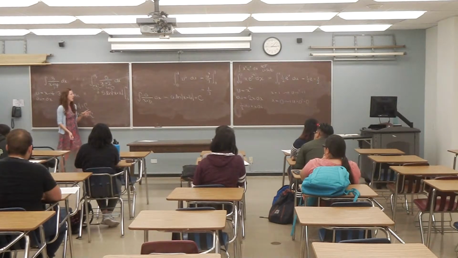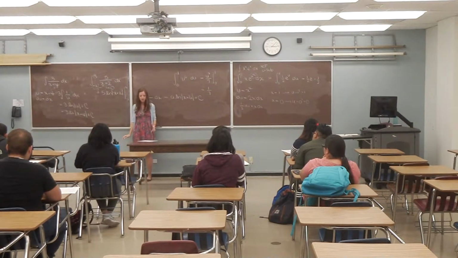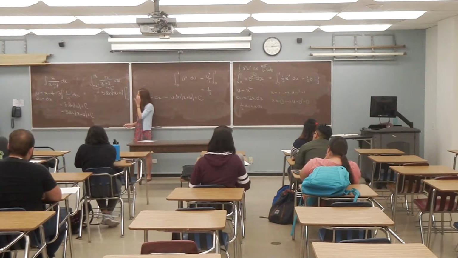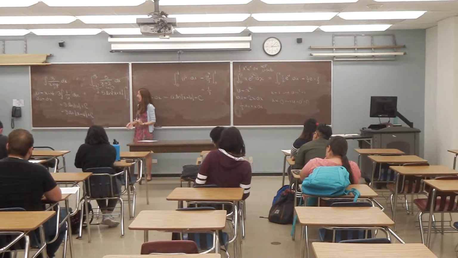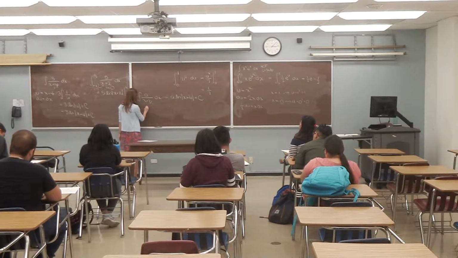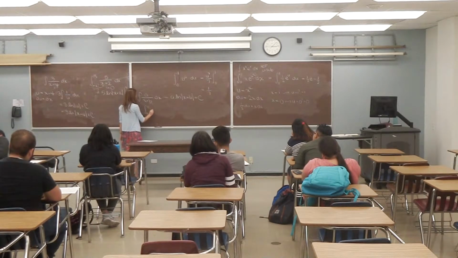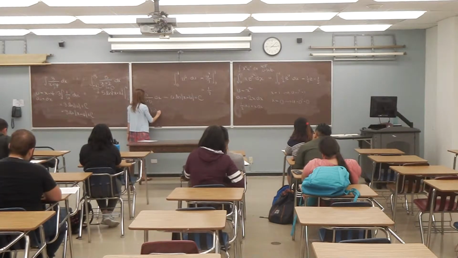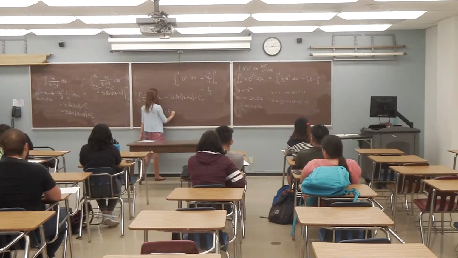So far, in Calc 1, you live in this very happy world where every problem they give you, you can do. They're like, here's an integral, do it. Plug in these bounds. It's all good fun. In Calc 2, you will get to the point where your bounds don't work for the function. So all of this happy world of the integral from a to b of f of x dx being f of b minus f of a